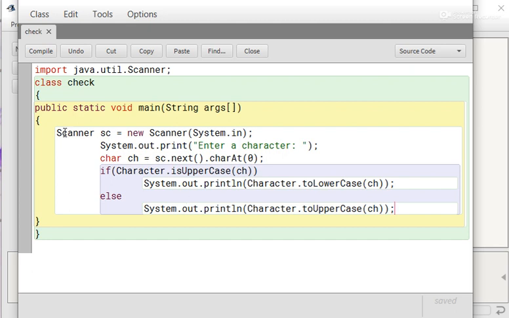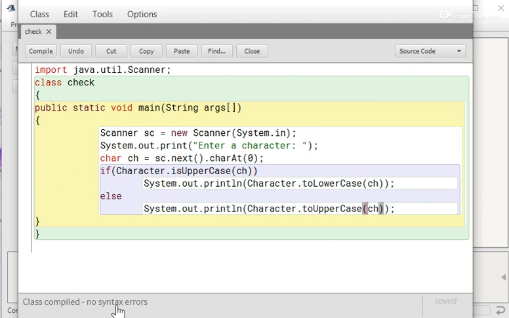Create a scanner object and enter a character and check whether this character is uppercase or lowercase. If it is in uppercase, then convert it in lowercase, and if it is not in uppercase, then convert it in uppercase.